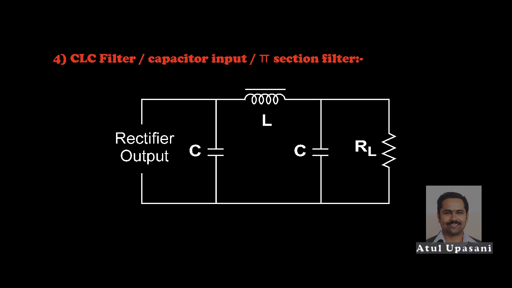The first capacitor offers low reactance to the AC components and high reactance to the DC components. Therefore, it bypasses the AC towards ground and allows only DC to flow through the inductor. The inductor again offers high reactance to AC and almost zero resistance for DC. Thus it blocks AC and allows DC to pass through. The second capacitor behaves similarly to the first, bypassing the AC component and blocking DC. Thus the load has almost pure DC at the output. In this way, the CLC filter works.